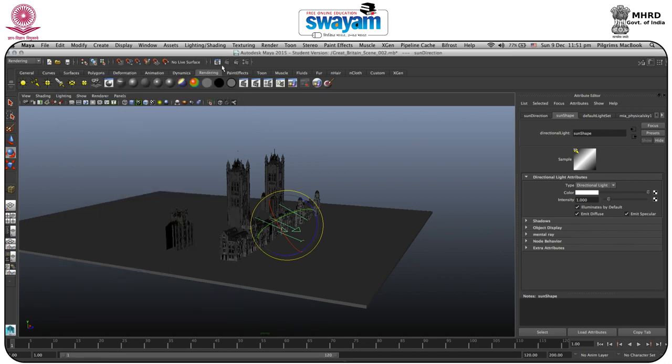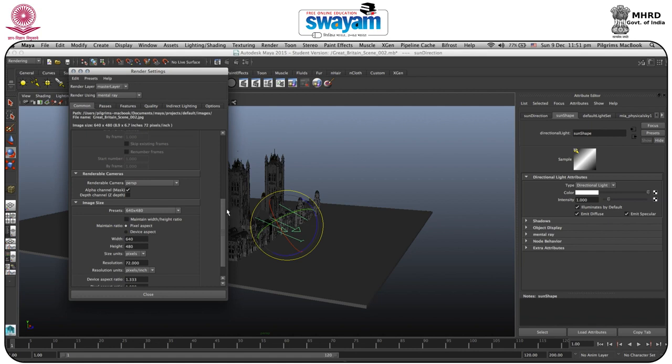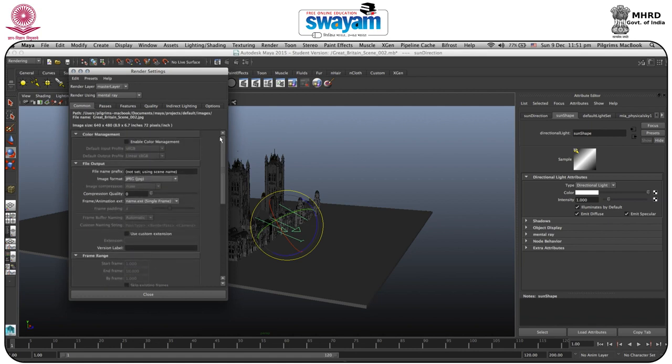And one more thing, okay, I just off this. Okay, in common tab you have few features like image format, we discussed this, and also compressing quality. Compressing quality will work basically when you are doing some renders into sequence, which is also called batch render.